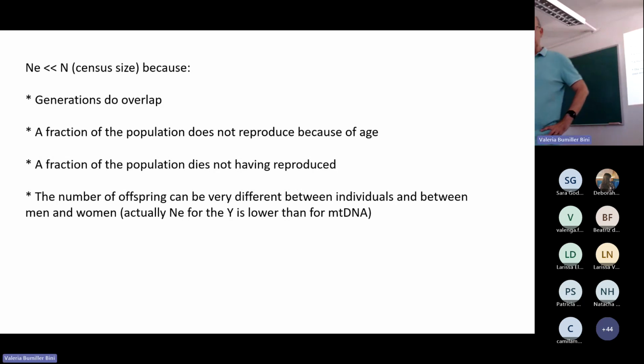Okay, all of these factors contribute to the fact that the effects of the random effects on population frequencies that we see are much stronger than we would expect if we counted every human. In fact, the effective population size of all humans put together is between 10 and 15,000. So because of this, but this alone couldn't explain that,